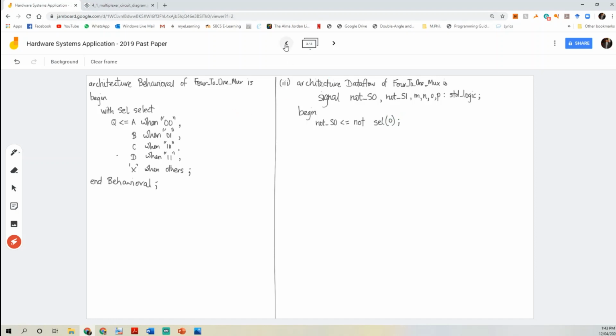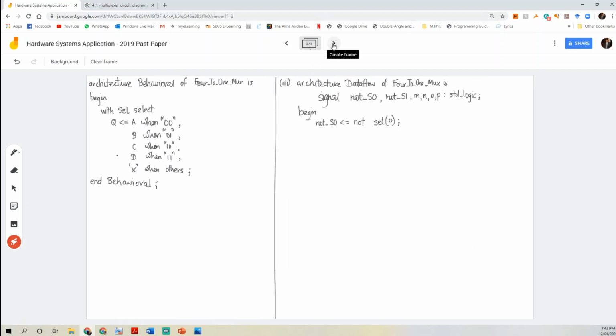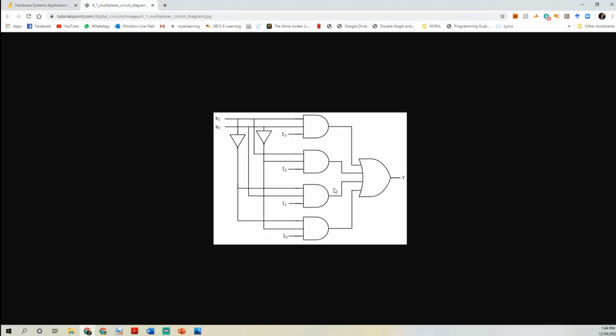Okay, and that is, of course, corresponding to the sel port that I have here. Likewise, not S1 is going to be the value of not select 1. Okay, so now depending on the values of sel 0, sel 1, not S0 and not S1, I am going to assign the outputs of these AND gates M, N, O, and P here. Okay,